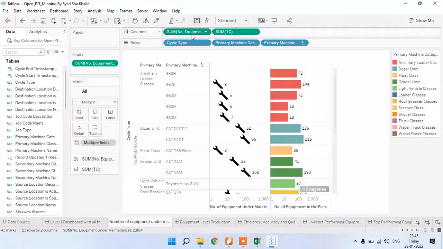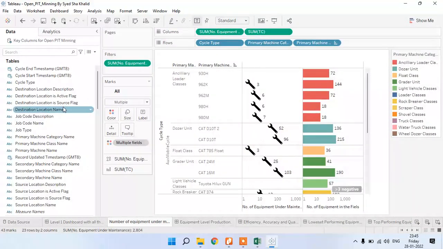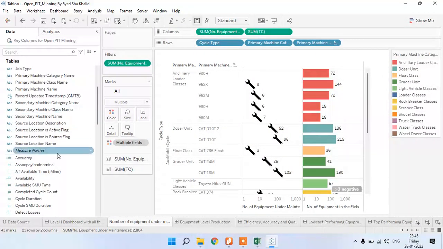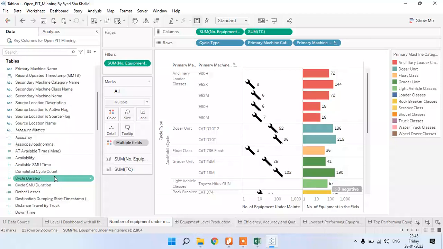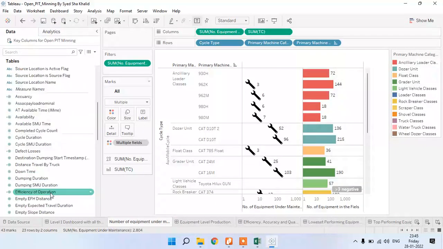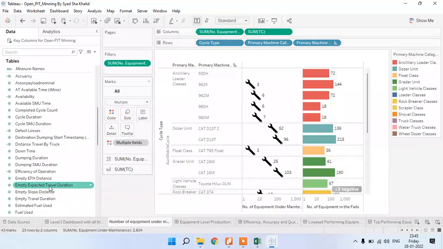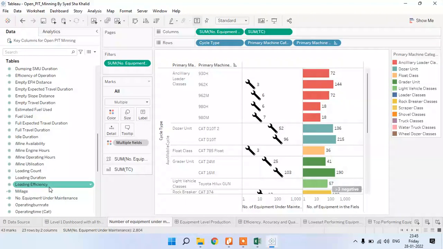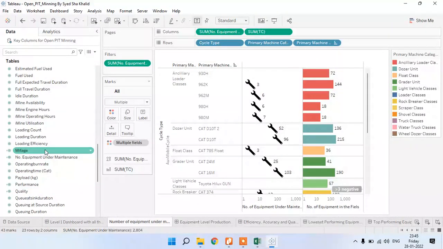Number of equipments and total count, that is the sum of number of equipments. Number of equipment is not given, so I have created some calculated fields here. Accuracy I have created, availability I have created, then defect loss, efficiency, and mileage. Number of equipment under maintenance.